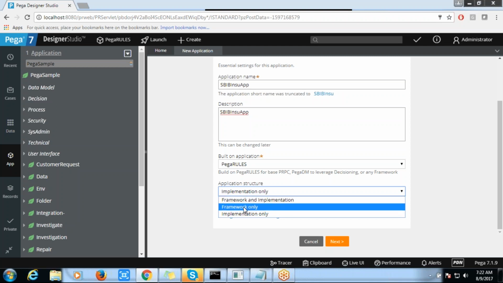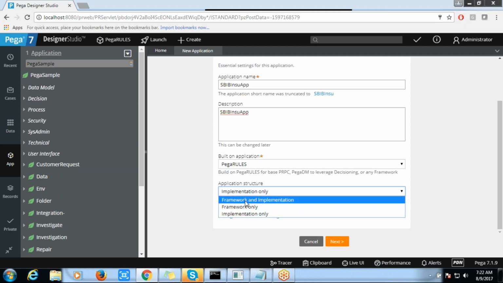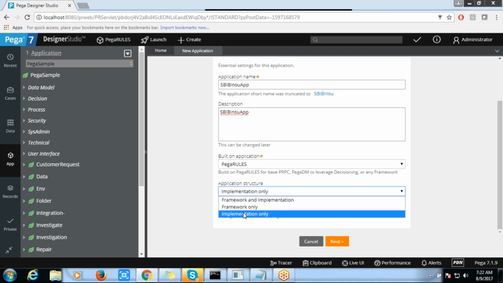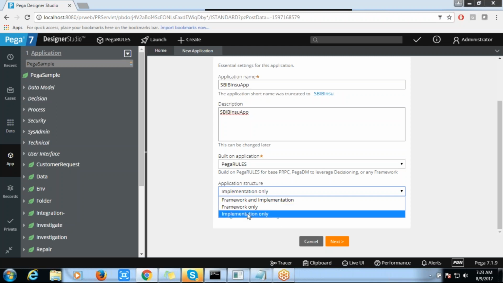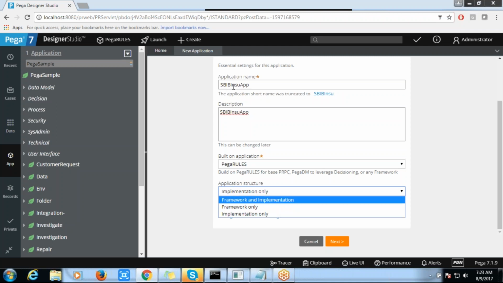So here we have three different options. In the latest version 7.3, we have only two things, because now everybody has frameworks. That means this is also kind of a framework. So you are going to create the implementation, or if you are creating the framework, you can choose the framework only application. When you choose the implementation, let's say you already have the framework. We have discussed, right?